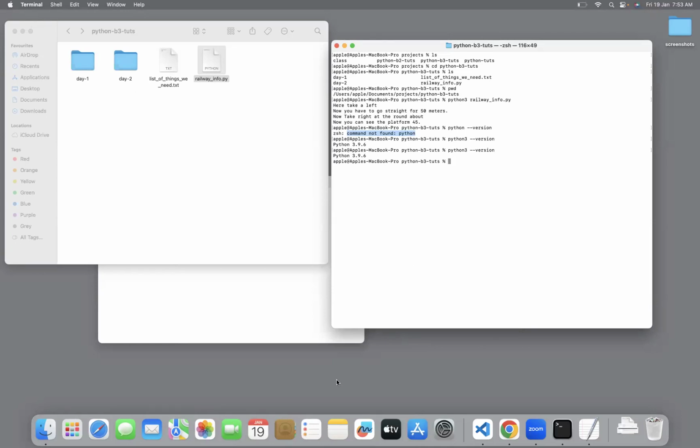Did anyone check that? May I know the result? Can you open your command prompt? If you click the Windows icon, you can search for CMD. Click on CMD. Look for python hyphen version or python 3 hyphen version.